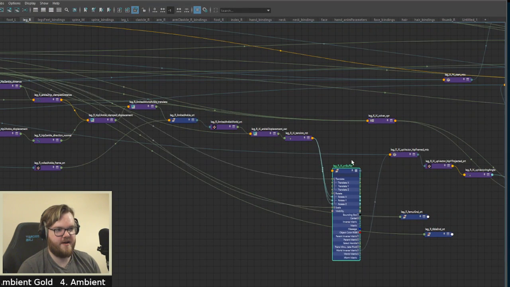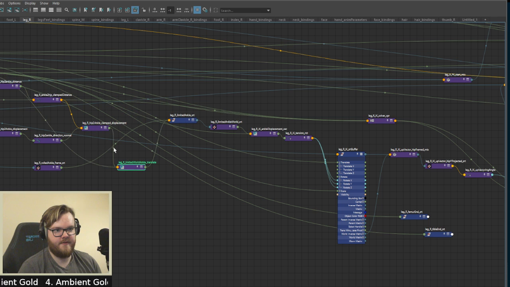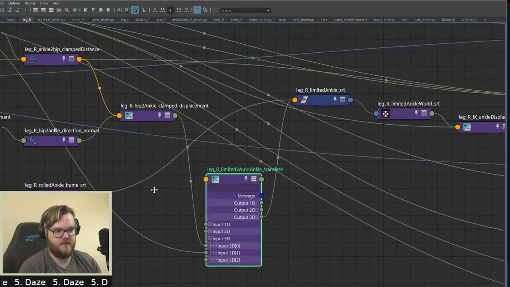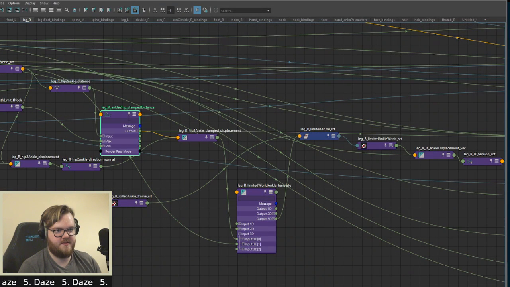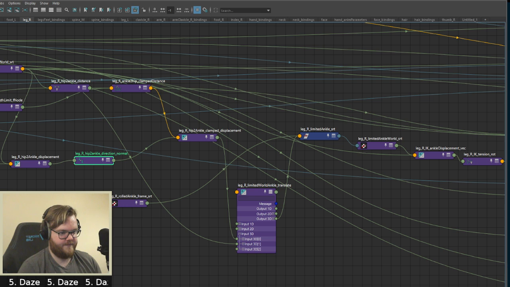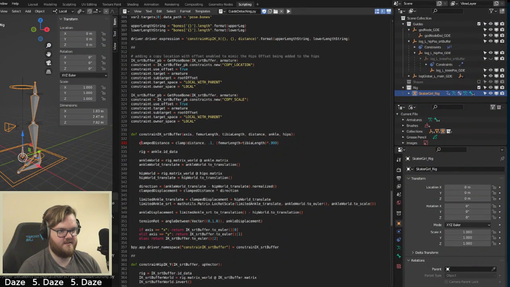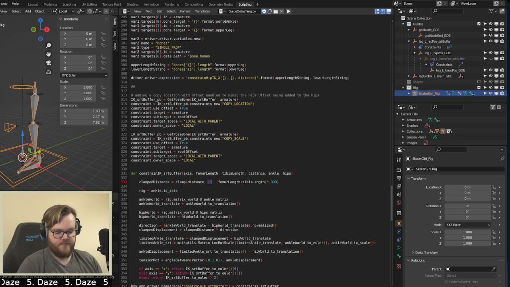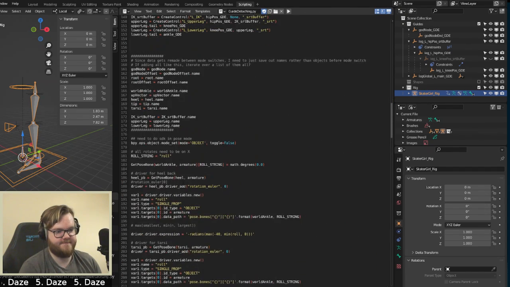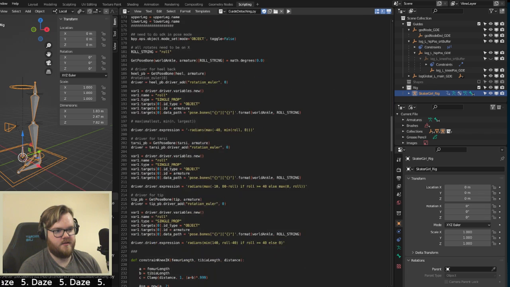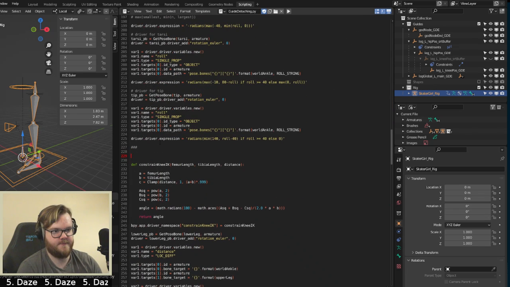Want this to go back this chain. So I need clamped displacement. A clamped distance. Clamped distance is this. I guess what I should do is define this up here. Clamp